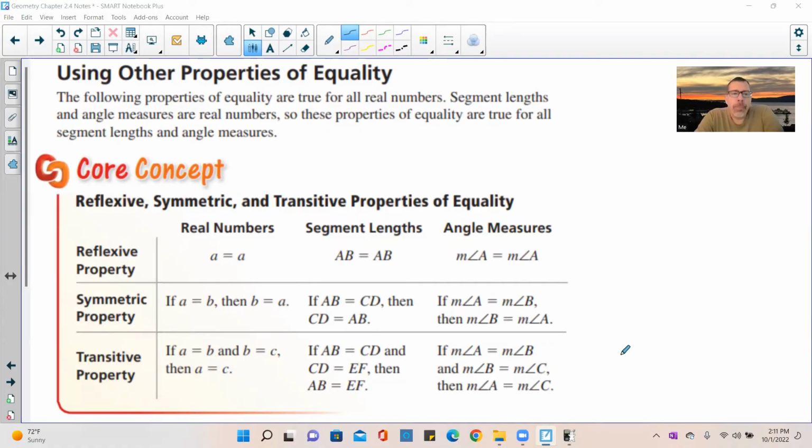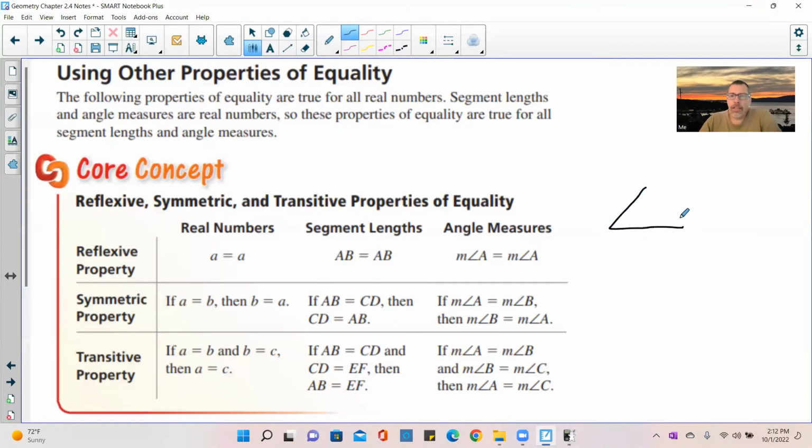So the reflexive property states that for all real numbers, A equals A, equals itself. For segment lengths, the length of AB equals the length of AB. And for angle measures, the measure of angle A equals the measure of angle A. The reflexive property simply states that something is equal to itself. And the main reason for this is if you have a triangle and you're working with an angle in it